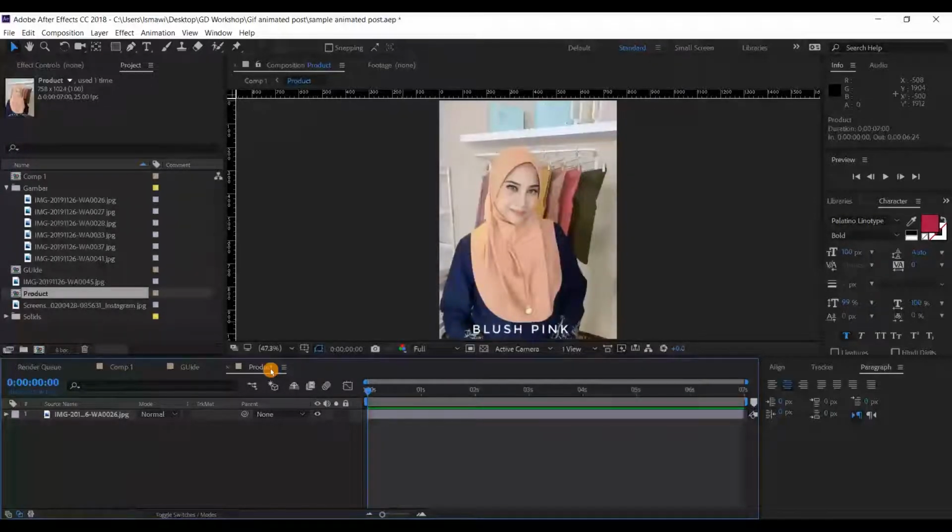So to animate is quite simple. Because we are using a 7-second duration for this post, I'm going to make every picture 2 seconds. But for the first picture, we're going to leave it as 3 seconds because we need to do the opening animation for the pre-compose before it at the main composition, so the animation will start accordingly. So the first picture I leave as 3 seconds, because the first second is the extended gap for the opening animation.